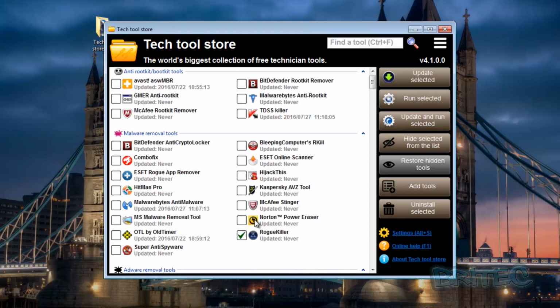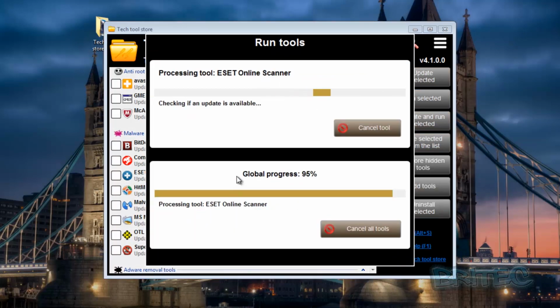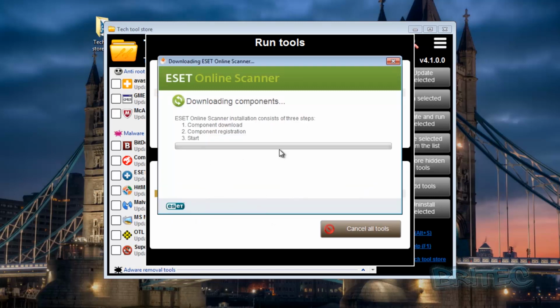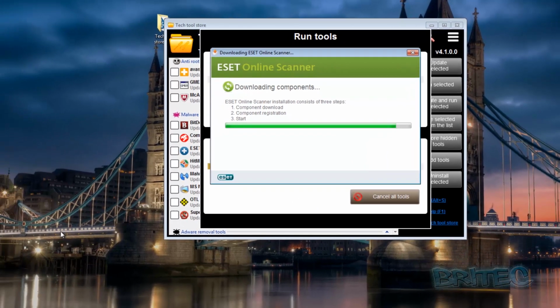So if you wanted to do other scans, you could do. You could leave these ticks in if you wish. If you wanted to do something else, you can also run ESET online scanner just from here, and it will start to download the tool and install it and then run that on the system. You can just put a tick in there and we can now start this process off. It will download and run this. Now, I've already downloaded this, but you could literally do the same thing. So if there was a couple of other scans that you wanted to do, you could do that. While that is downloading it and getting ready to run,